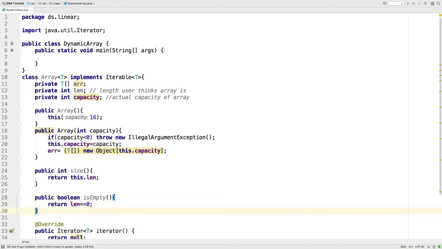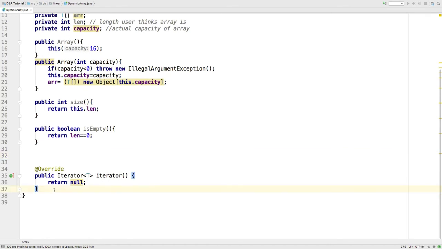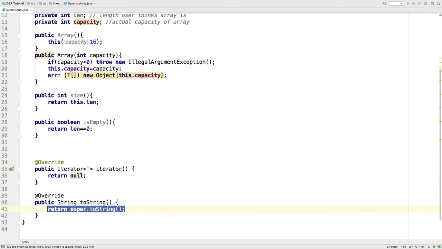Now after this, we will also implement a toString method. What the toString method will do is give us a string representation of the whole array.